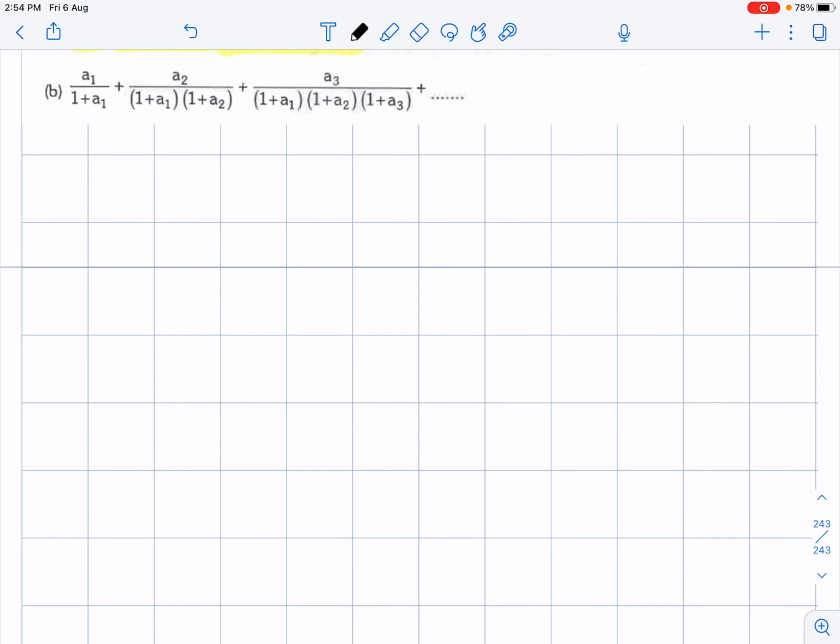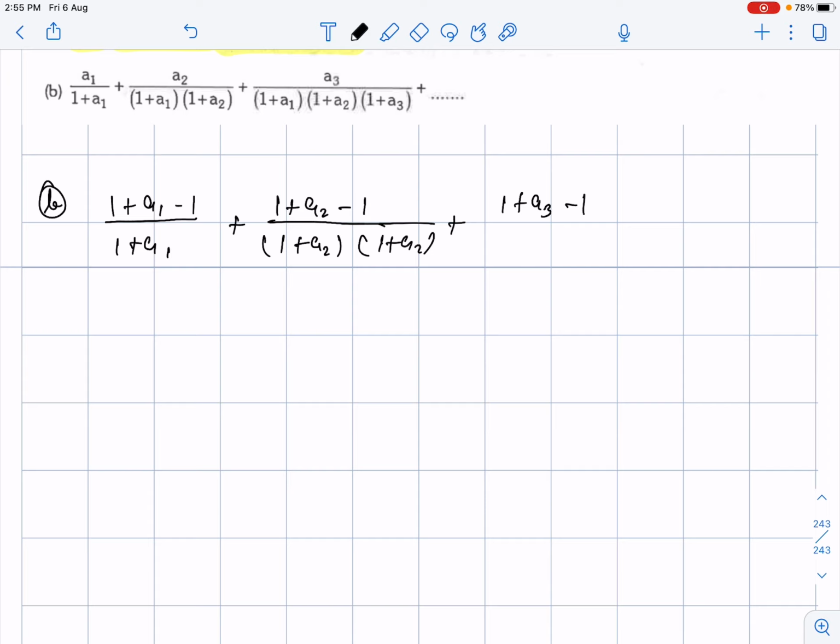term. So to solve such type of series, we'll bring it in the form of the method of difference. For that, I'll add 1 and subtract 1 in the numerator of the first fraction. Then similarly, we'll add 1 and subtract 1 in the numerator of the second fraction. Then similarly, in the numerator of the third fraction. And it goes on up to the nth term, where we keep doing the same thing, adding 1 and subtracting 1 in the numerator of every fraction. That way it will generate the series in the form of the method of difference.